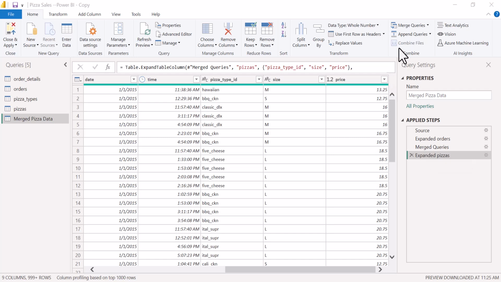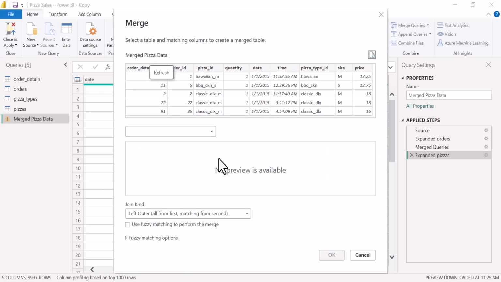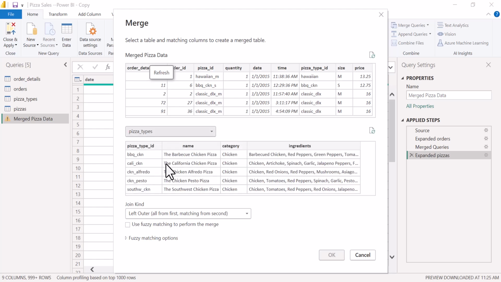I'll go back to merge queries again. I'll click on it. And this time, we are going to add pizza types. So now we have pizza type ID over here, and we also have pizza type ID up here. I'm going to select those two, and we are going to have new fields: name, category, and ingredients. I'll click OK,